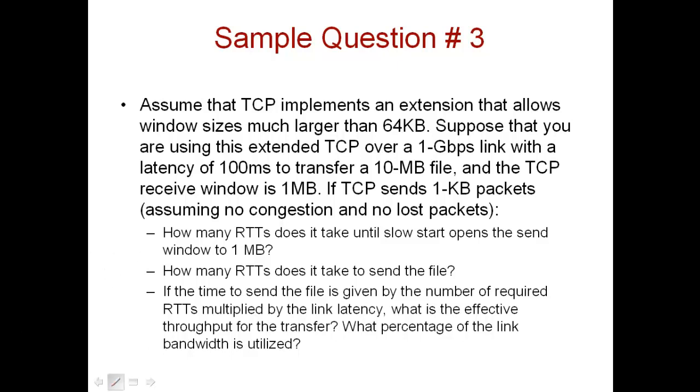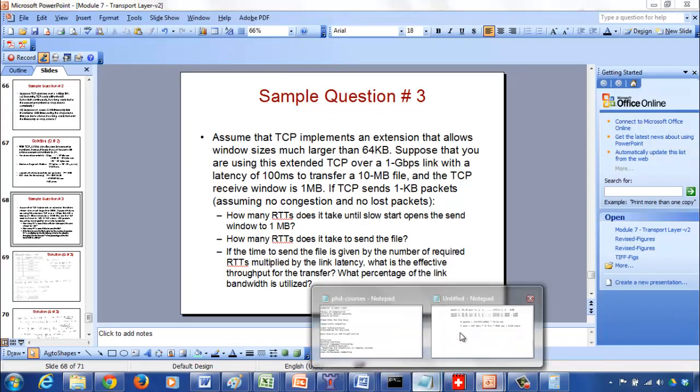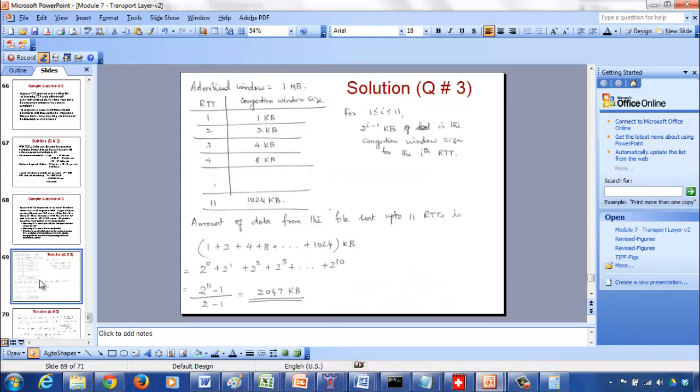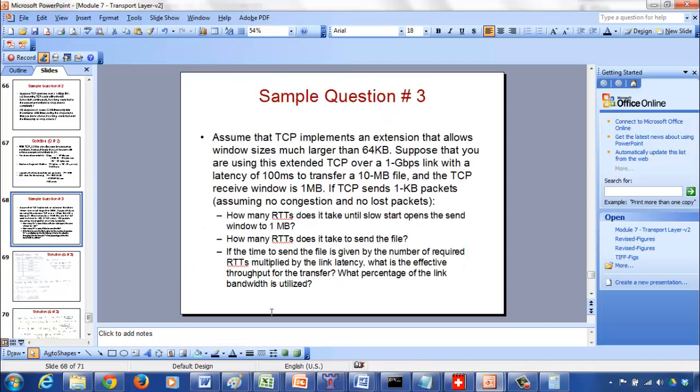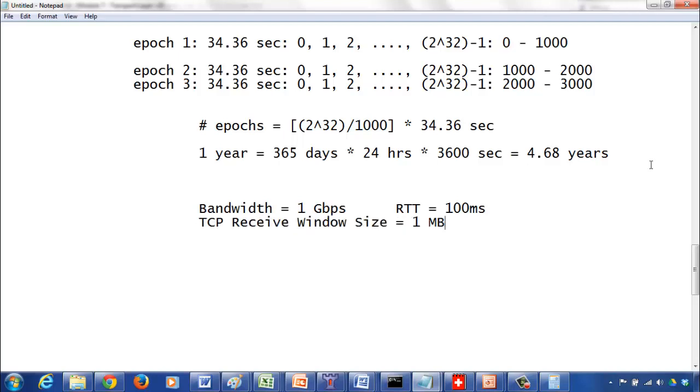So we have the bandwidth given to be, let me write some more things here so that it's easy to follow. So the bandwidth is given to be 1 gigabit per second. Then the round trip time is 100 milliseconds. Now what is of importance first is the TCP receive window size, which is given to be 1 megabyte. Now that's actually our advertised window size, because you cannot advertise more than your receiver buffer space, right? So this is our advertised window size,